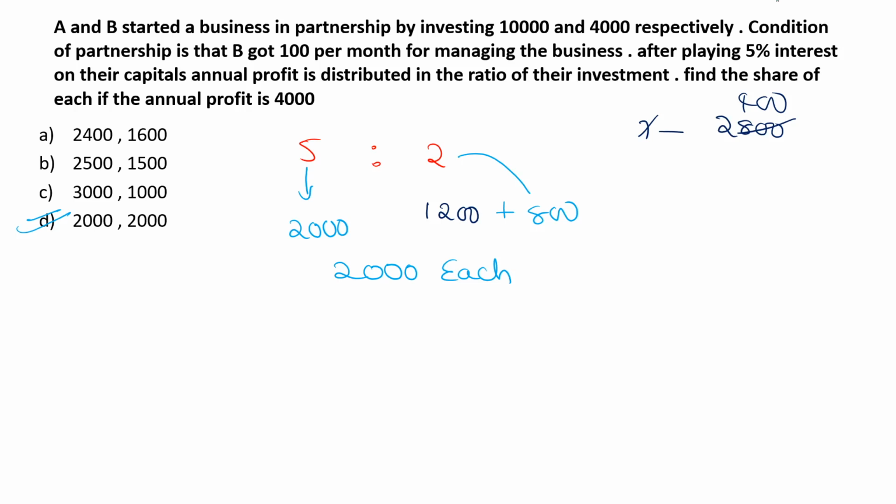Okay. You don't need to distribute that 5% interest from the shares and all those things. Don't go through the unnecessary things in the question. If you solve that according to the traditional method, by taking 5% of the interest and all those things, you would get the same result. But that would need some additional calculations and some additional time. Time is more important for us than our work. Okay.